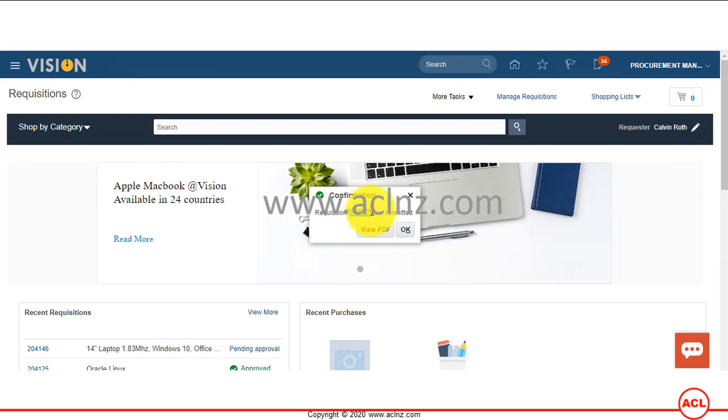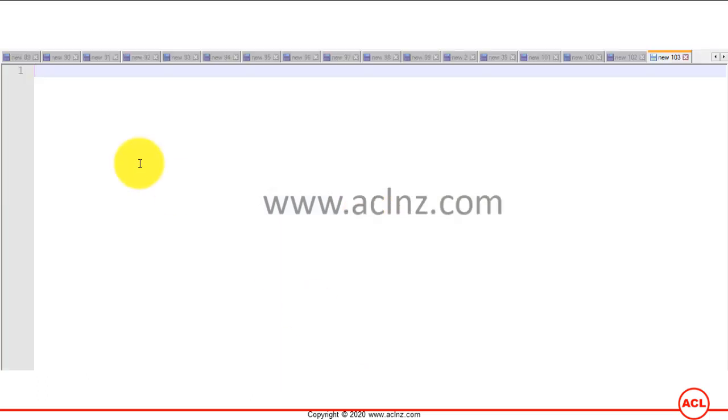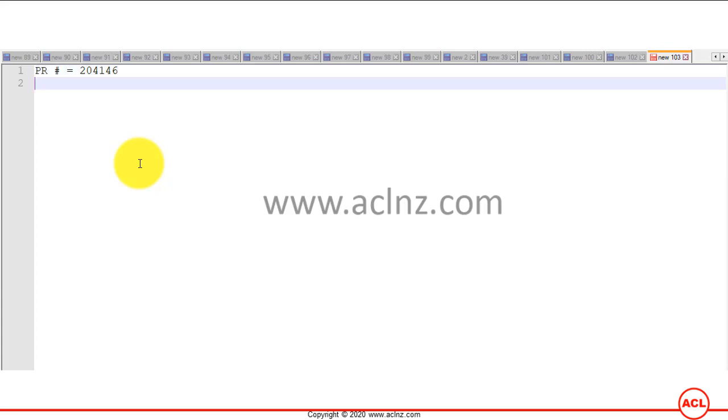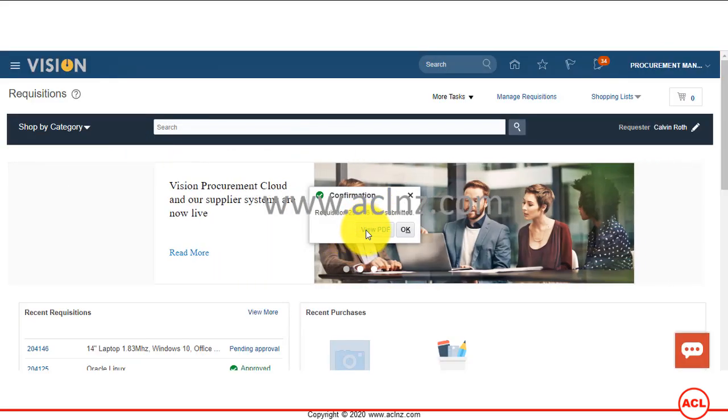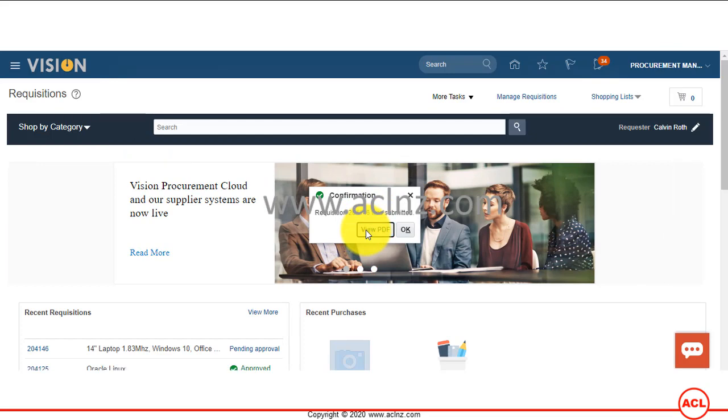So I'm going to copy this requisition number and I'm going to note it down on a notepad that I have over here. So I will say purchase requisition number equal this. Okay, and if you wish, you see here you've got an option to view the PDF for the requisition. It is still entered status, it is still not been approved. Okay,